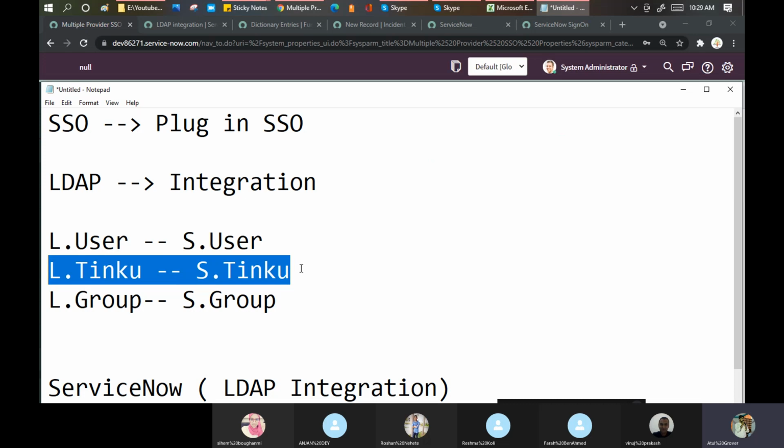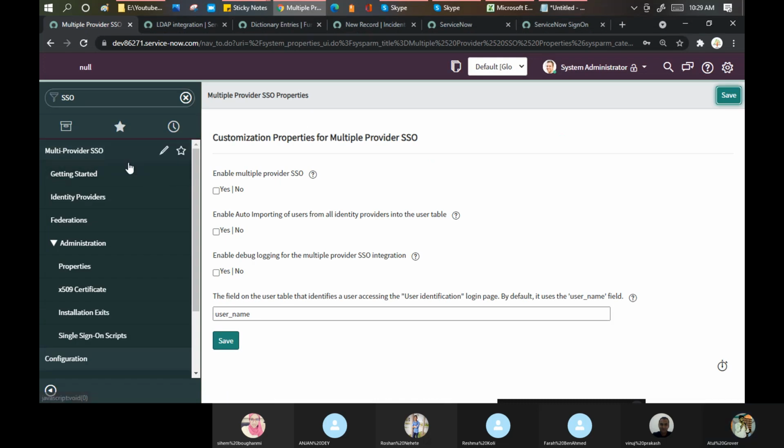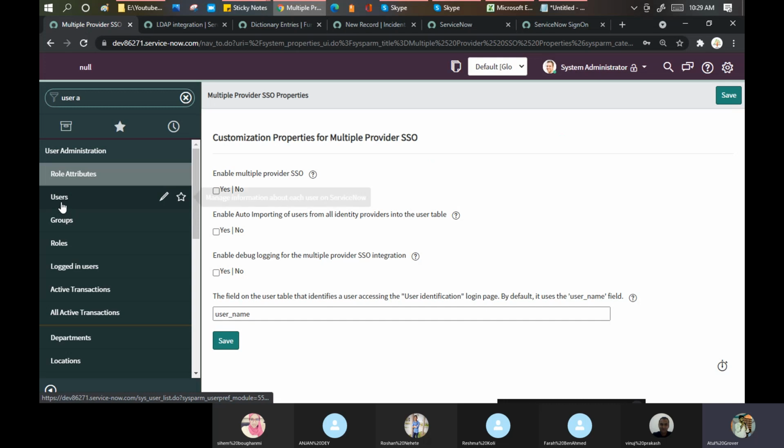Now I want to make sure that whenever Tinku uses the ServiceNow instance, it should be SSO enabled. How can I do that? I can go here and open the user record, user admin.